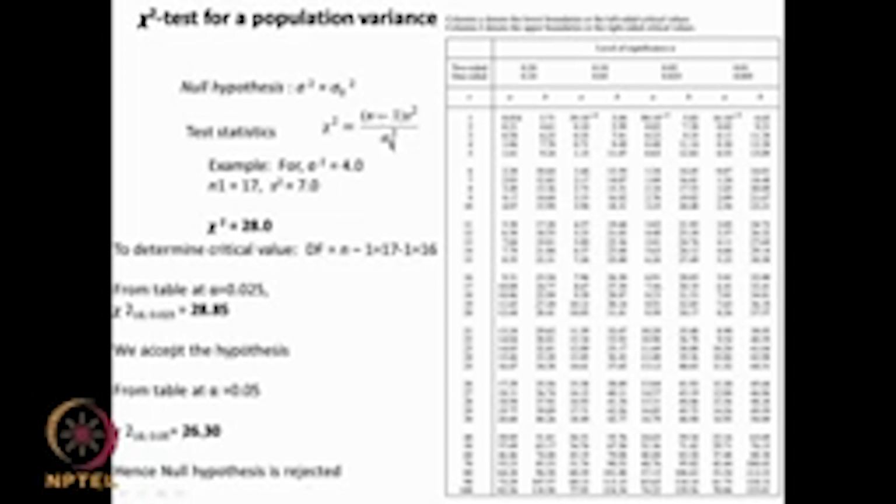So, 16 by 4 is 4, 4 into 7 is 28. Okay. So, from the test statistics we get chi square is equal to 28. So, we have 17 data points. So, 16 degrees of freedom, okay, 16 degrees of freedom is in this row, and we look at